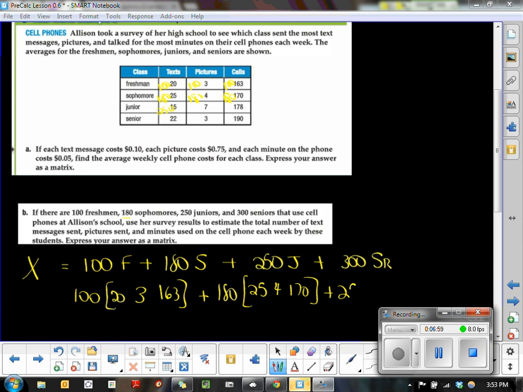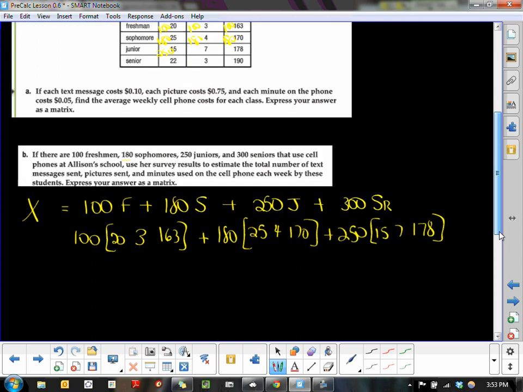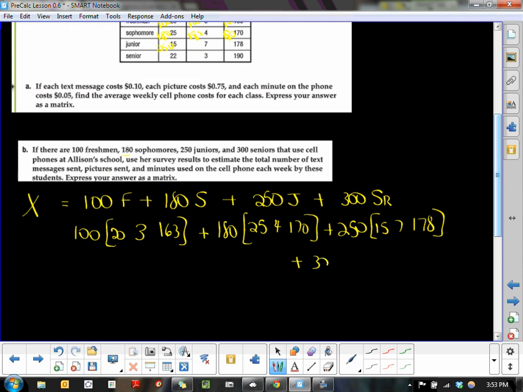Our juniors is 250 times their matrix of usage, which is 15, 7, and 178. And I have to wrap it around with our seniors, so plus 300 times our senior, which is 22, 3,